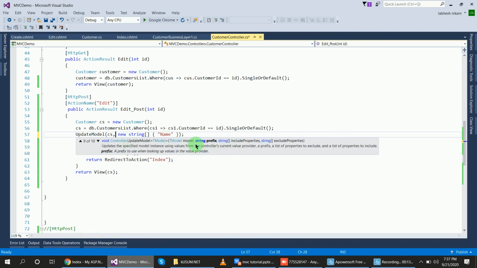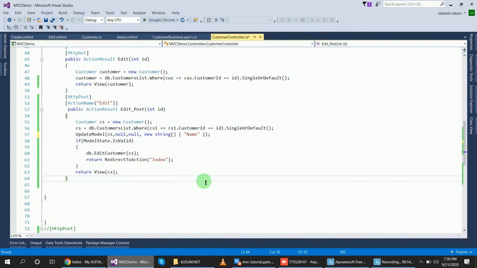Now what I will do, the model is cs, and then the string prefix is also done, but here how many, 1 2 3 4, for that I will use null properties, null. So this code will update all the remaining fields except the name property.